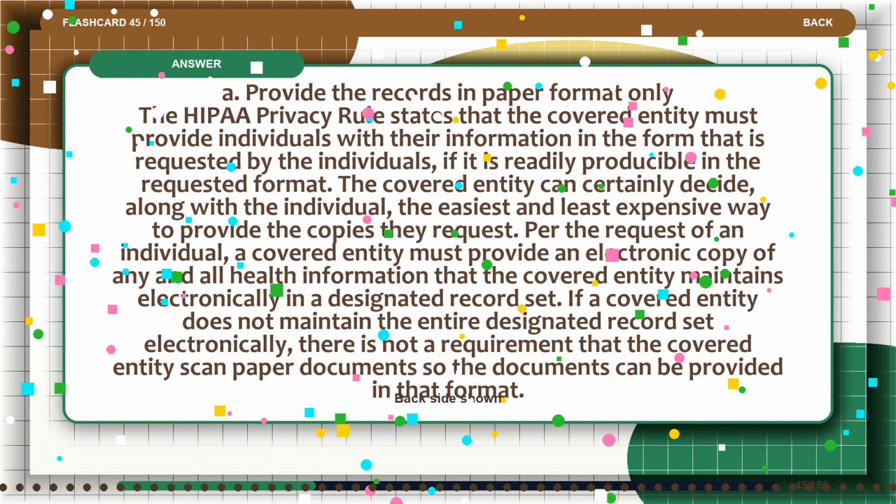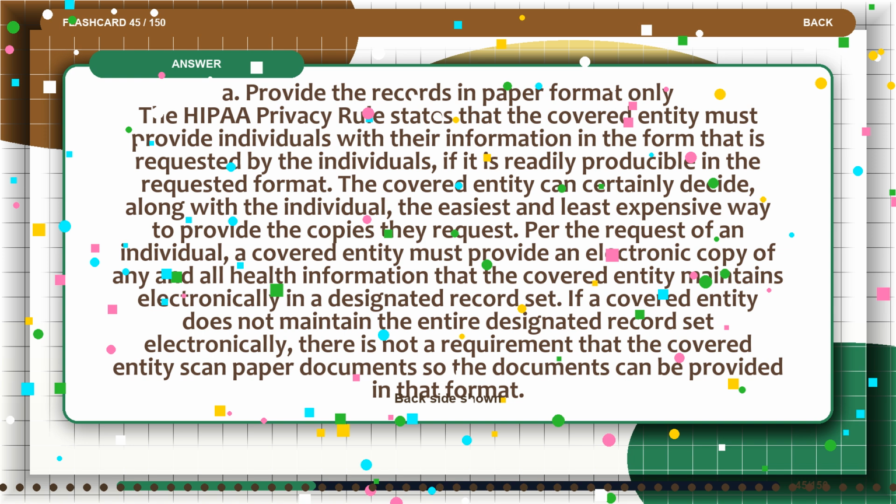The answer is A. Provide the records in paper format only. The HIPAA privacy rule states that the covered entity must provide individuals with their information in the form that is requested by the individuals, if it is readily producible in the requested format. The covered entity can certainly decide, along with the individual, the easiest and least expensive way to provide the copies